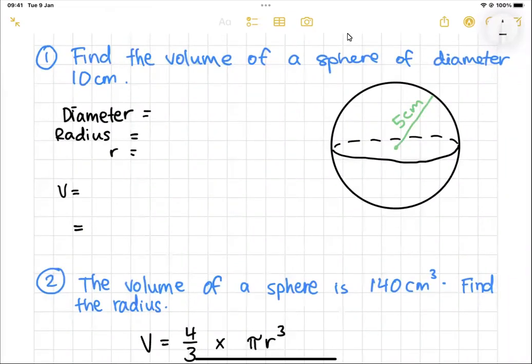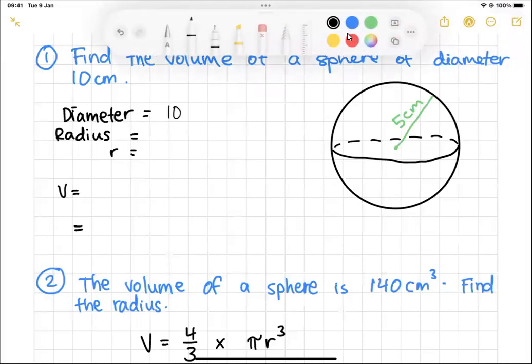We said this before: the radius is half of the diameter. So if our diameter is 10 centimeters, I need to divide 10 by 2, which gives me 5 centimeters,